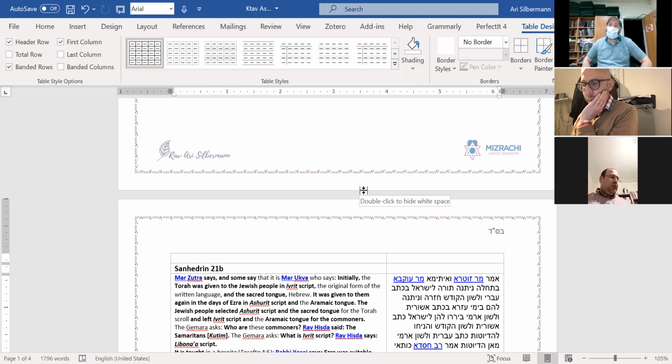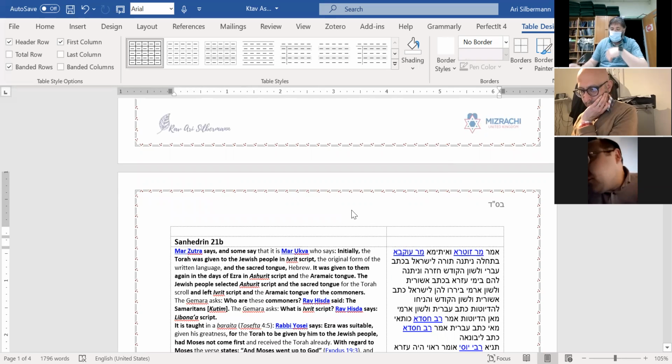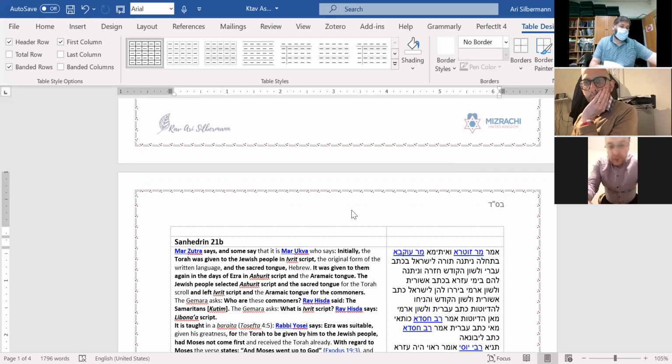Also, we'll see in the Meshech Chochmah, which deals with how it translates into mashmaut, into meaning, so to speak. And it's an important machloket for a number of reasons. We'll also look at some of the historical artifacts, which you don't see at home, but Aaron here sees on the page over here. But we'll start from the Gemara in Sanhedrin.